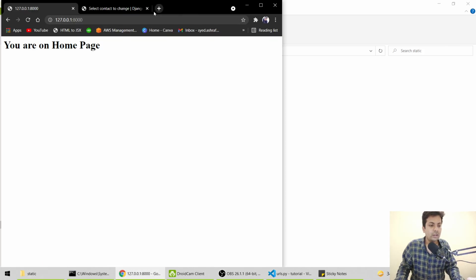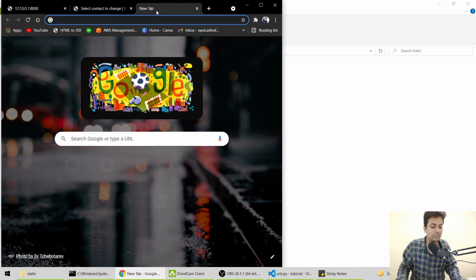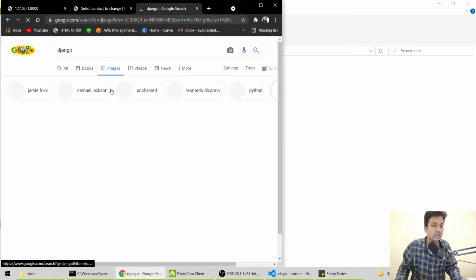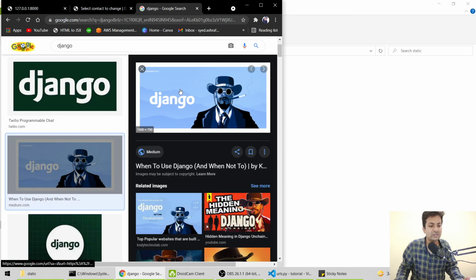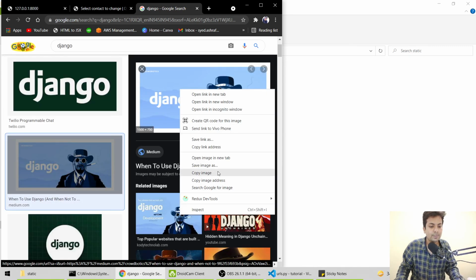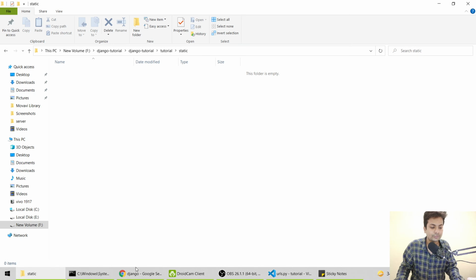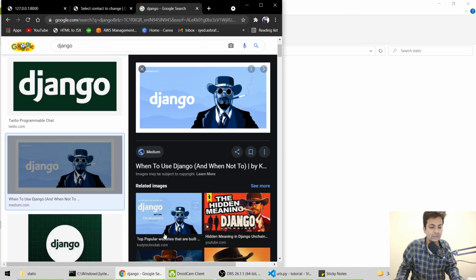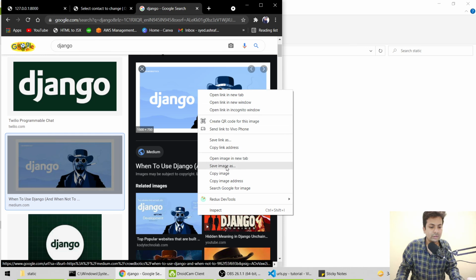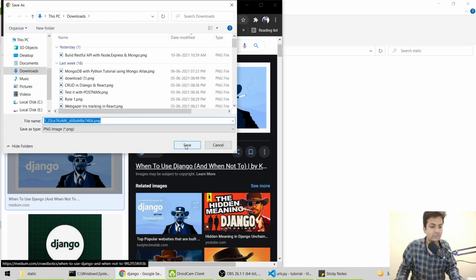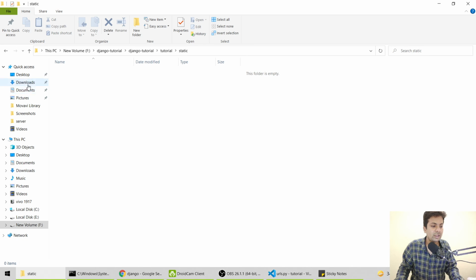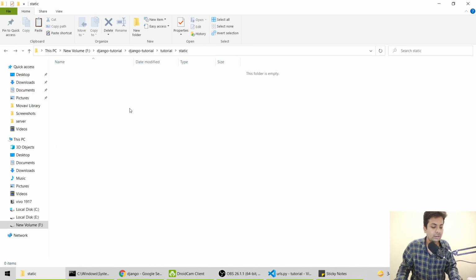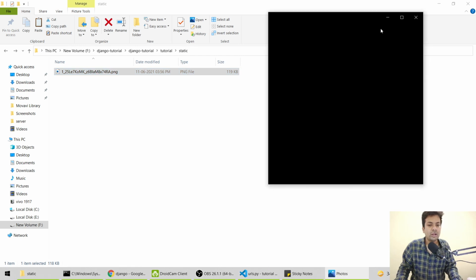Now we'll save some image, so we'll search Django images. This looks cool, so we have to save image as, save in downloads, copy it, come back, and paste it in the static folder.